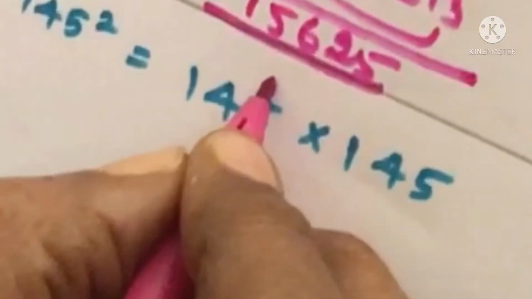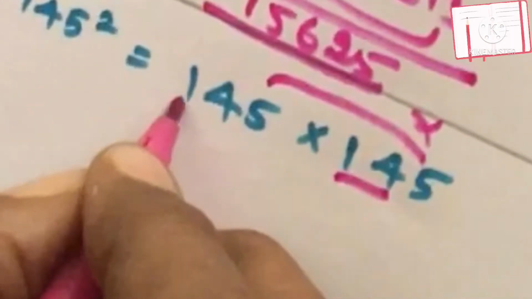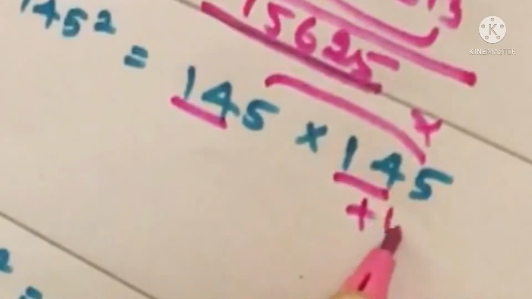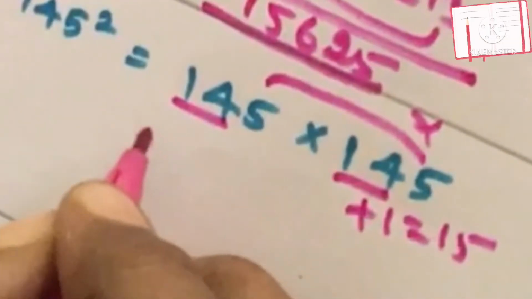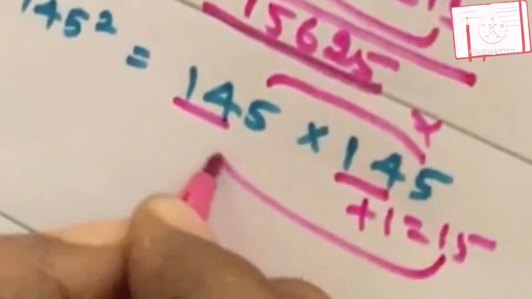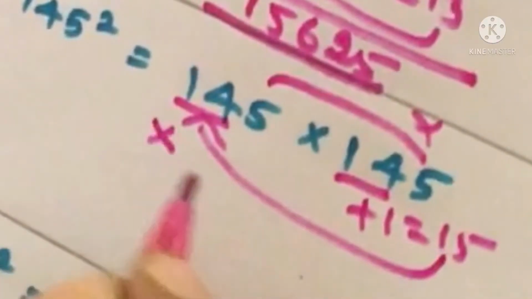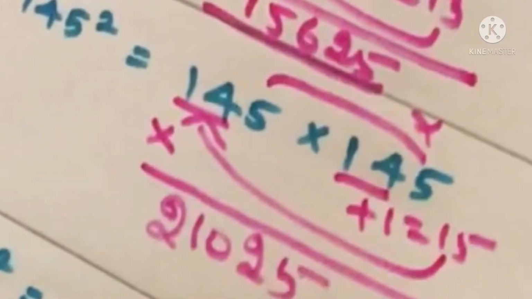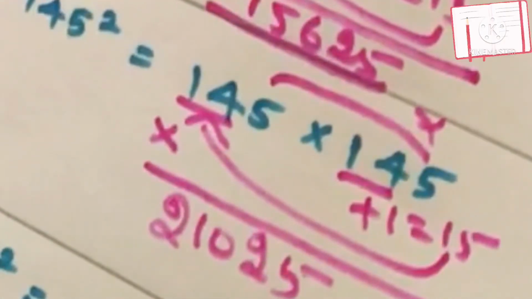Next we are going to see the square of 145. The same procedure is followed here. The ones digits on your right and left are multiplied, which gives you 25. Next, the tens and hundreds digits together are taken as 14 on both your right and left, so the 14 on your right hand side is added with 1, which gives you 15, and that is multiplied with 14 on your left hand side, which gives you 21025, the final answer. Hope you understand.